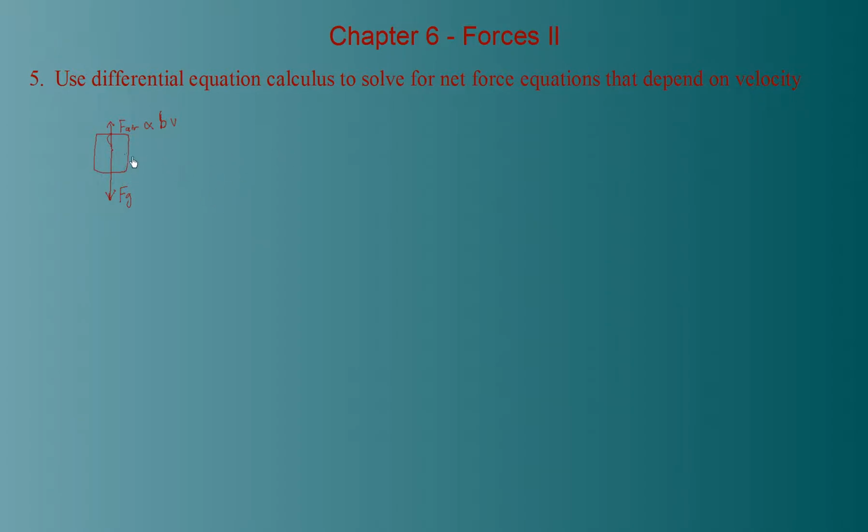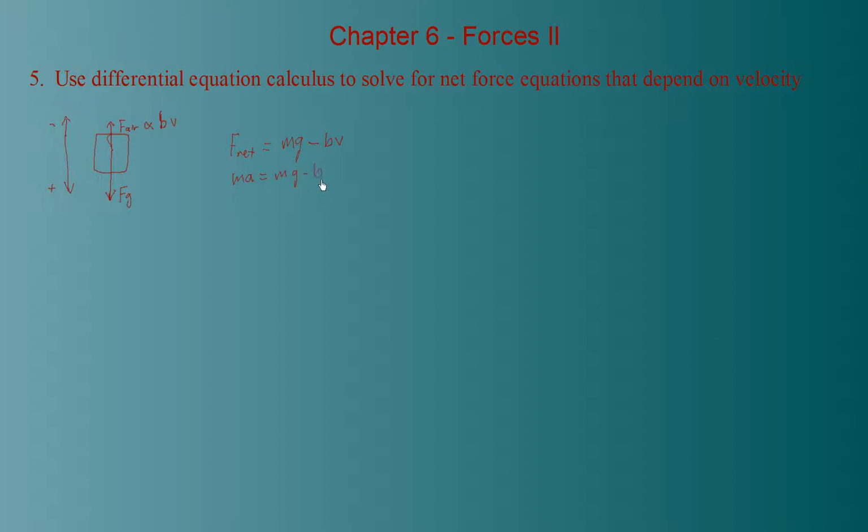So this is kind of a free body diagram, although this force is changing over time. So let's just do a net force equation. We got F net equals, let's just call down positive, just for the fun of it. And here we have, I feel like Bob Ross, a happy little positive arrow going down. So that's going to be mass times acceleration due to gravity, pulling down, minus the air resistance force going up, B times V. In the last problem I used K as a constant. It doesn't really matter. Just pick a letter that you like, maybe the first letter of your name, and go with it. And of course, net force, as we know, is mass times net acceleration,